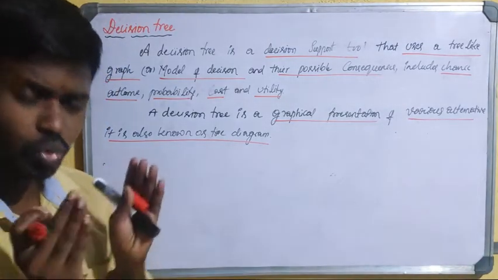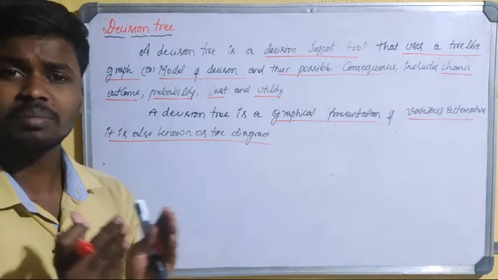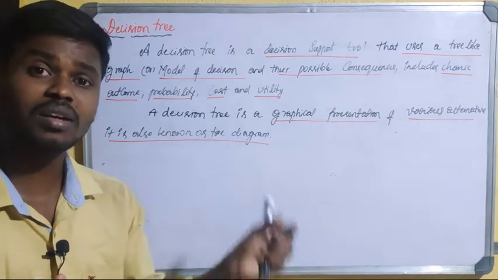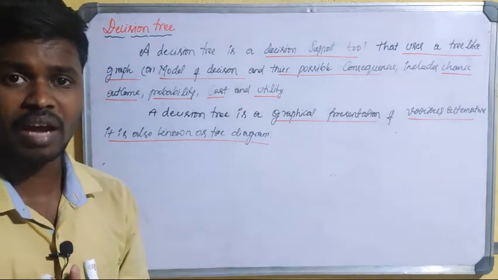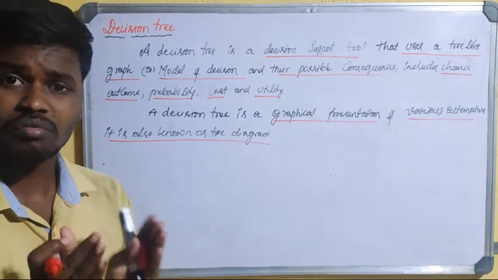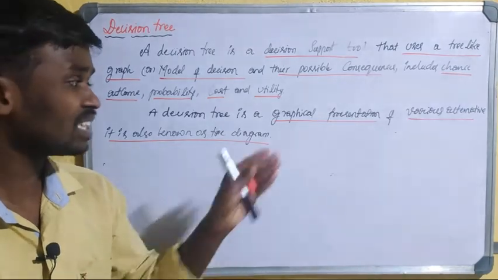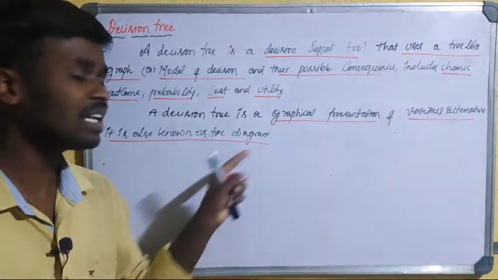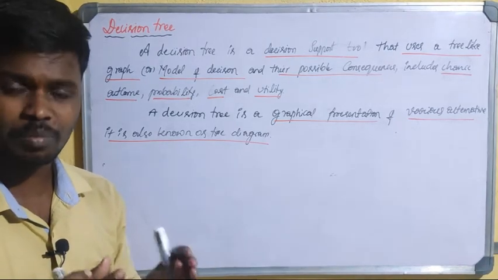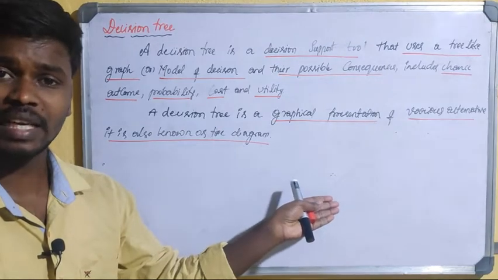So you should know what decision making, or the decision making process, is. The decision making process is a process of selecting the best among many alternative courses of action. So in decision tree analysis, first we represent the various available alternatives in the decision tree, that is, in a graphical format. Graphical format means we represent the available alternatives in a tree-like structure.